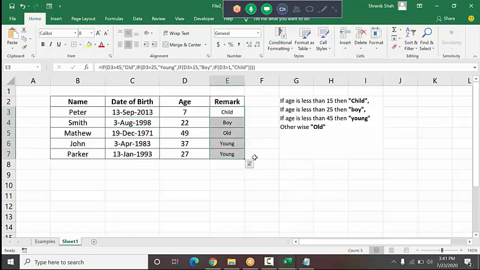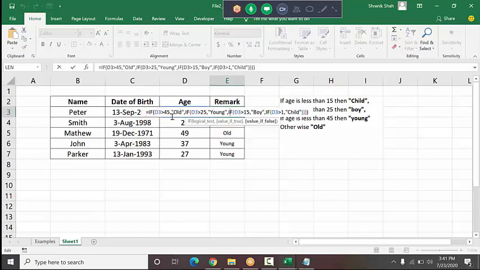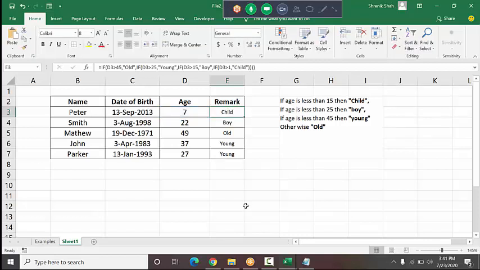So Excel is dynamic, changing the values affects the remarks. So while we work with the IF function, we may write the conditions like this. IF function nesting is possible in Excel. Okay, so this is the IF function in Excel.